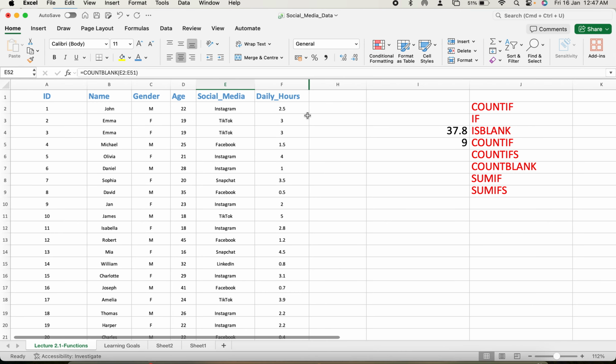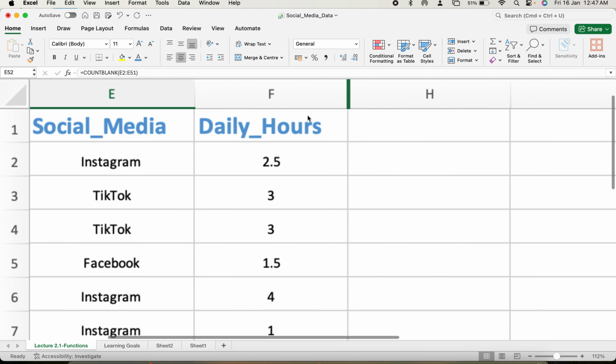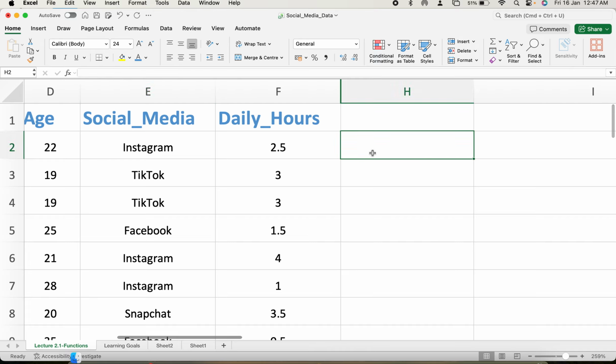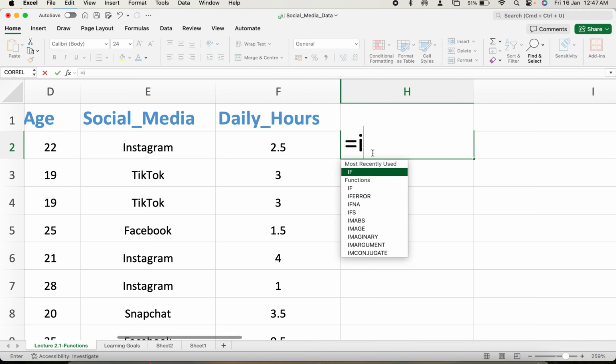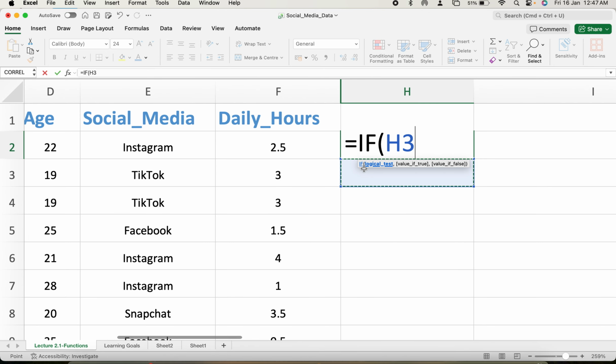Next one is the IF function. I want to check how many people in our interview said my favorite social media platform is used more than 2 hours a day. And let's assume that I want to categorize these people as high and those who are using less than 2 hours as low. So I can simply use the IF function, select my data from